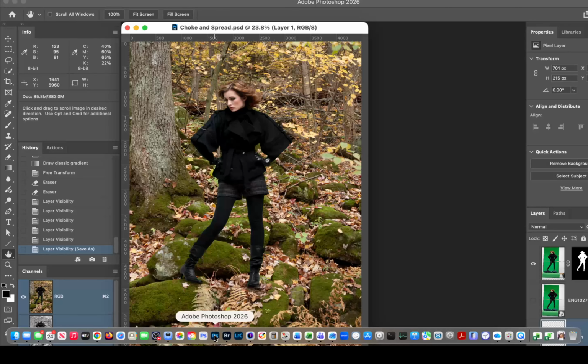So, we've gotten through spill removal, choke and spread. We've revisited not all the possible, but the majority of the methods for selecting areas and doing all of that kind of stuff. So, I want to move into doing selections based on green screen. We actually do, it's not right now, but we can take a look at it